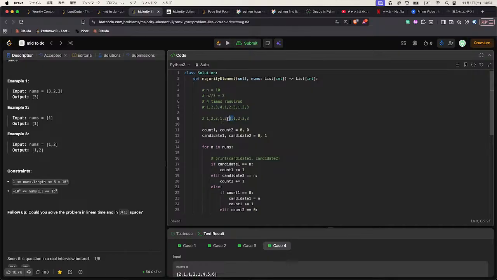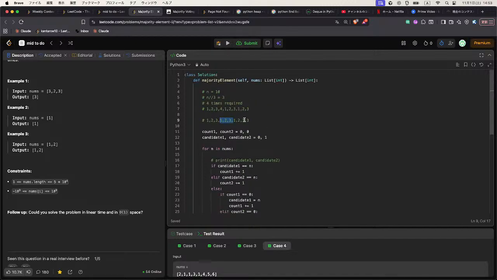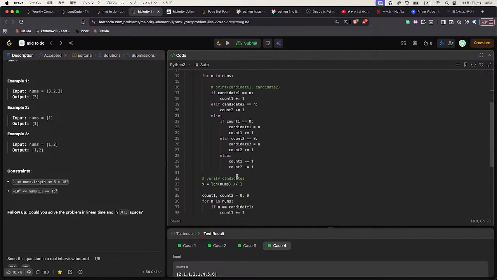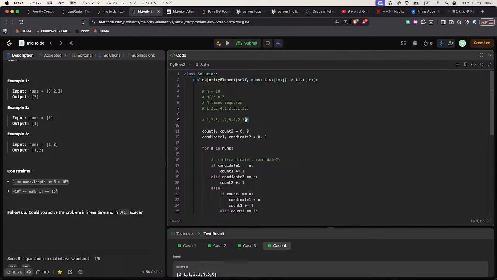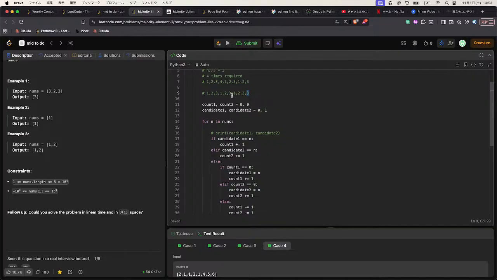So this part should be the same, and we have 1 more 3, so 3 comes here, and 3 is not the candidate, because at this time candidate 1 is 1. Oh wait,